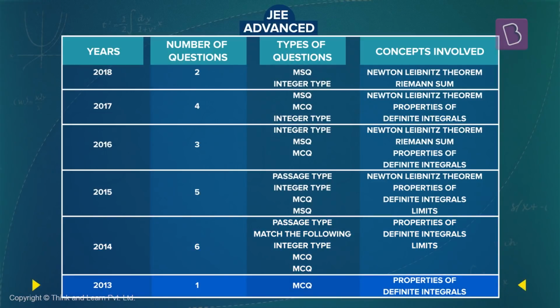2013 was a year when there were a minimum number of questions from definite integrals, just one single correct answer question which is based on properties. But in the past 5 years, you see there have been a huge number of questions from definite integrals, and the